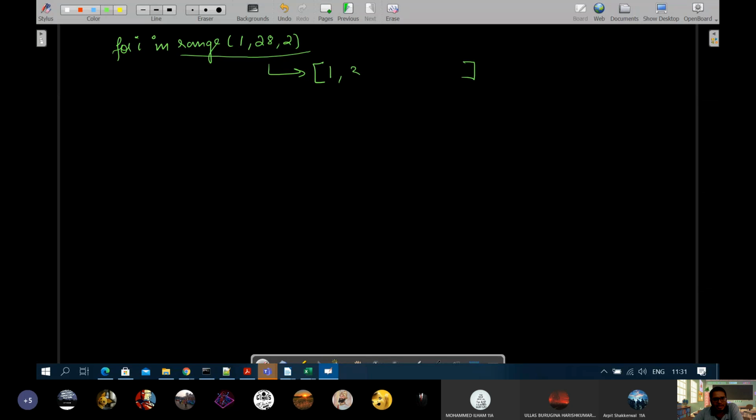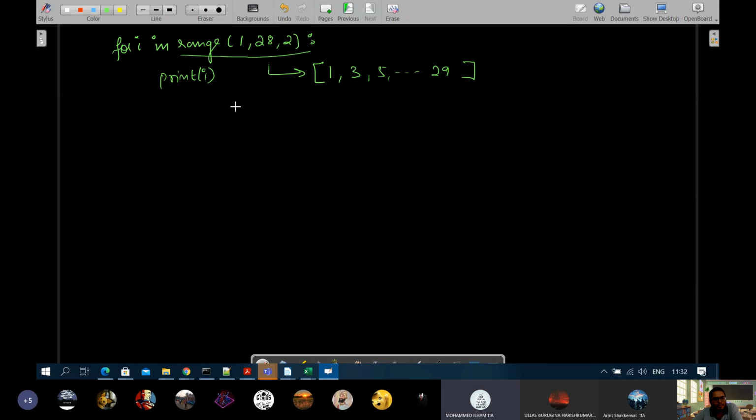First the list will be generated: 1, 3, 5 like that till 29. So I won't get the 2. 2 will never come into the scene. Because the list generated by range is 1, 3, 5, 7, 9. The first time I will get 1, it will go inside and will do the job. Whatever block you have written, let's say you have written print I. First time I will get the value 1 from the list, it will print 1. Next time I will get 3 from the list, it will print 3. Next time I will get 5 from the list, it will print 5. So where is 2 coming in between? 2 is not coming, right.